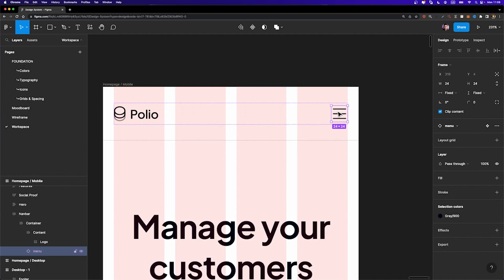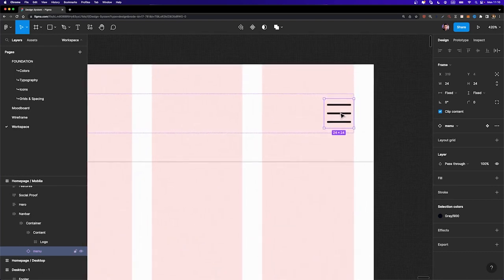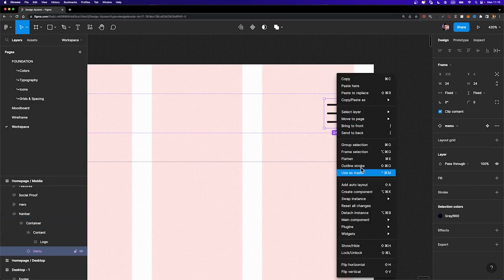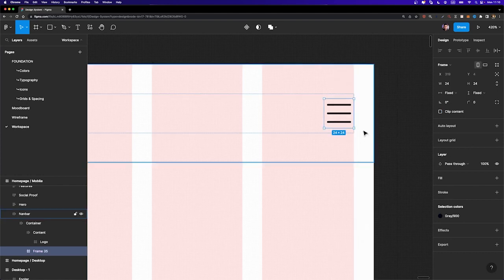We need to define a safe area around this icon, a safe touch area. It's recommended to have a 44 by 44 pixel touch area around your actionable elements. So you know what? Now I'm going to put it inside another frame. I'm going to right click on it and I'm going to click on frame selection, just like this. We put it inside another frame